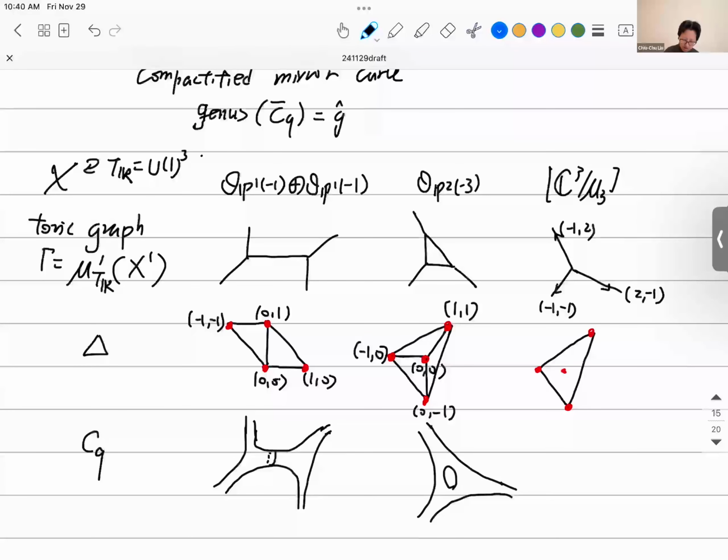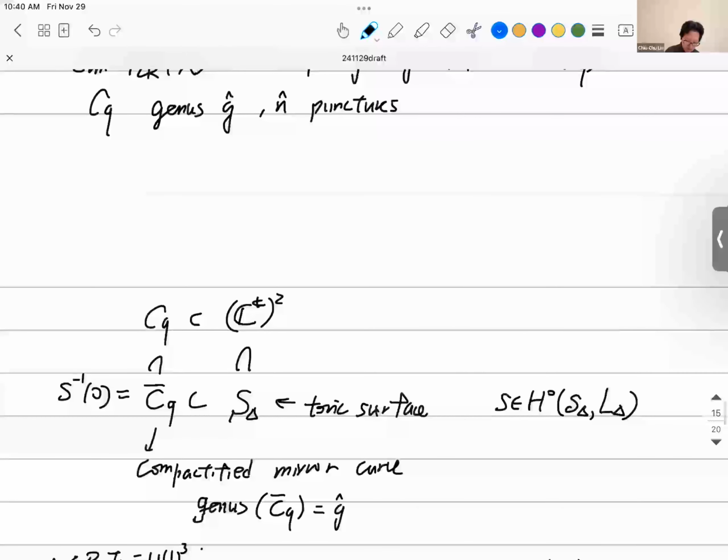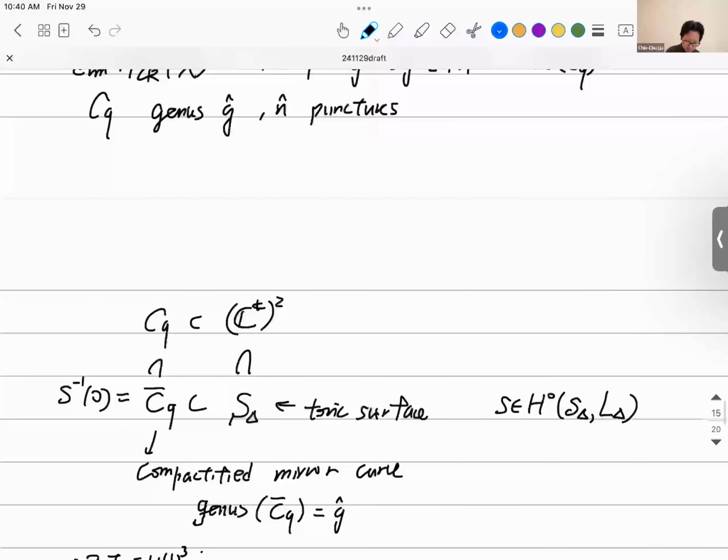So that's why, then here C_Q is H(X,Y,Q) equal to 0. So this also depends on some